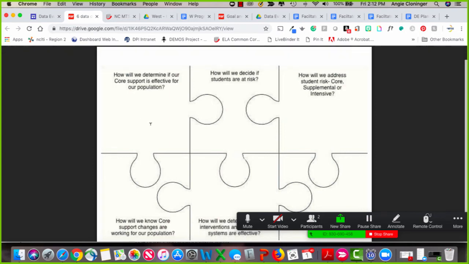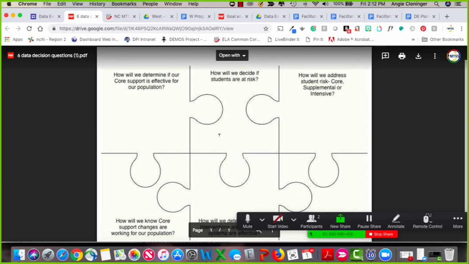Once those conversations have taken place, the original group of 6 comes together, and each puzzle piece will have a chance to report out. And as I'm listening to what your group talked about, I can make notes on my template as well. And so by the end of that activity, we've filled all of our puzzle pieces together. Those directions are